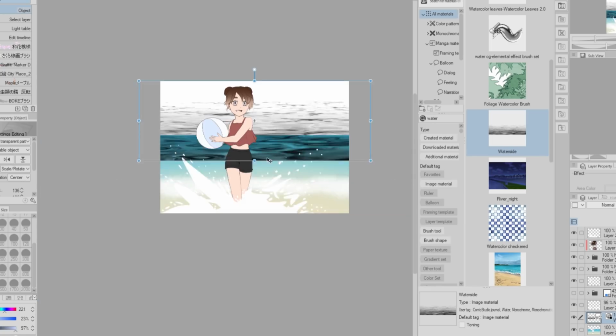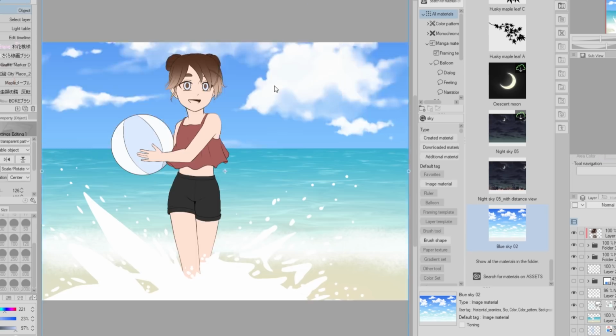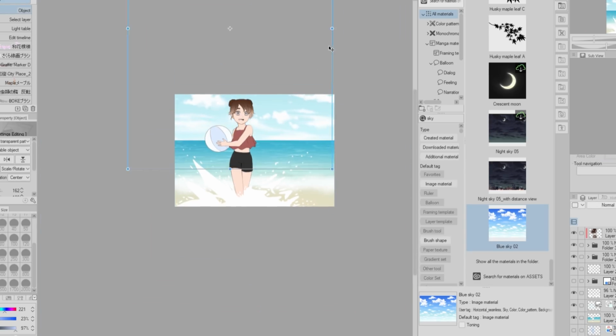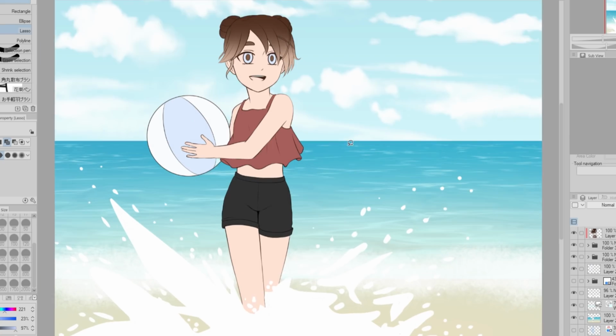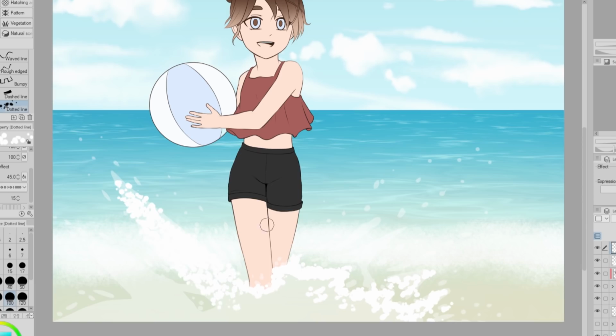For the ocean, I applied a water texture to it that Clip Studio Paint has. I made it a light blue, and for the sky, I used one provided by Clip Studio because I get lazy sometimes. So after going back and watching the Patreon video, I learned that to make the splashing water, I